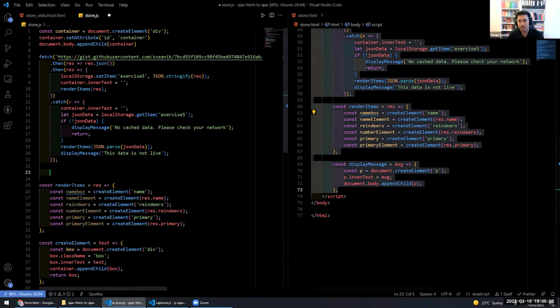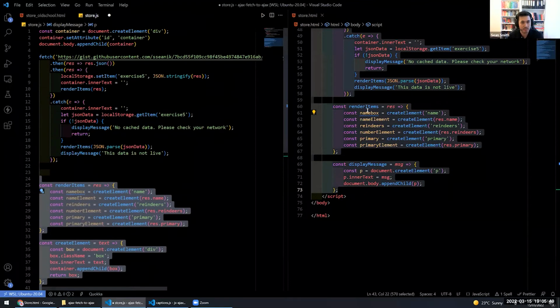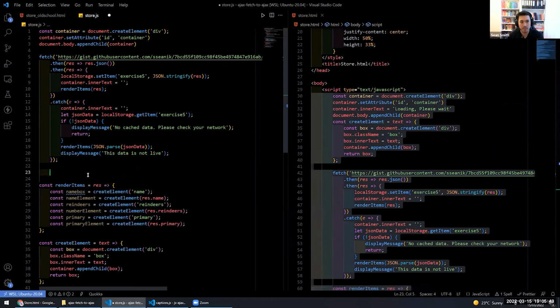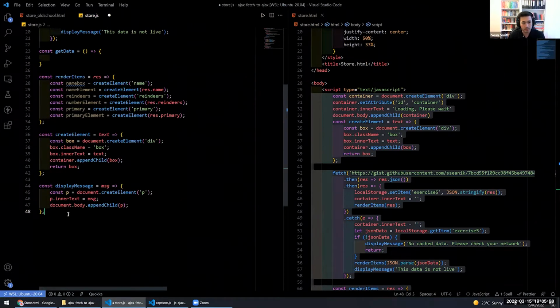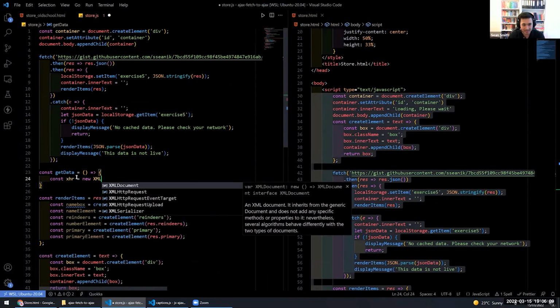First things first, I want to try to break it down. I'm very happy with all these functions. I just want to replace this fetch with the modern way of doing it. So I'm just going to go const getData equal to an arrow function, and I'll call that getData. Okay, the very first thing we do is make this XHR object as an XML HTTP